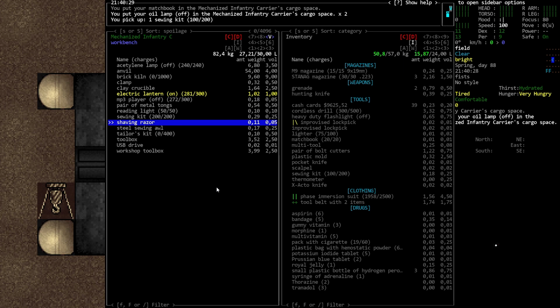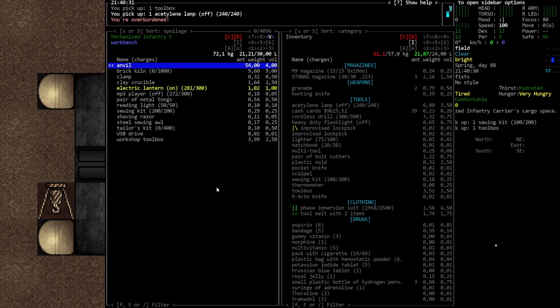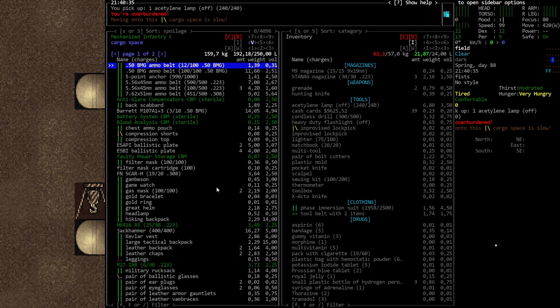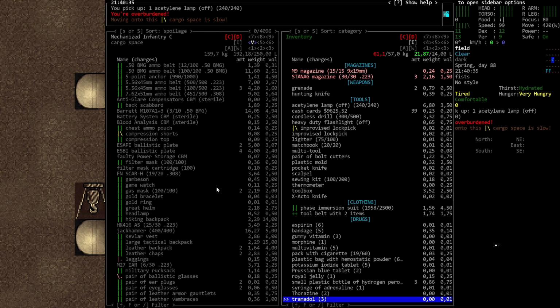Then what else? There's 2 different toolboxes. I think the workshop toolbox is just better than the normal toolbox. So take this one and I will move it. And also move the acetylene lamp. I mean, I have that electric lantern. And I'm overburdened now, but let's drop some of this stuff. Like in here, I don't know. I'm mixing stuff again. So let's drop the...